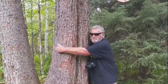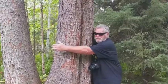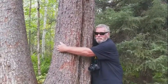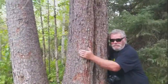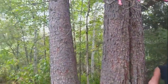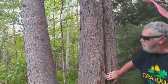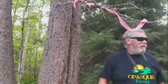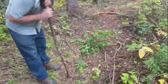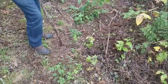Al's got a big reach, but he can't reach around. That's 6 feet. Yeah, right there you go. And I'm not close to touching it. So one of the many wonders on the Opasquia Trails is this massive tamarack. Tree huggers walk the trail. Yeah. Once again, Shawn Sexsmith is very interested in